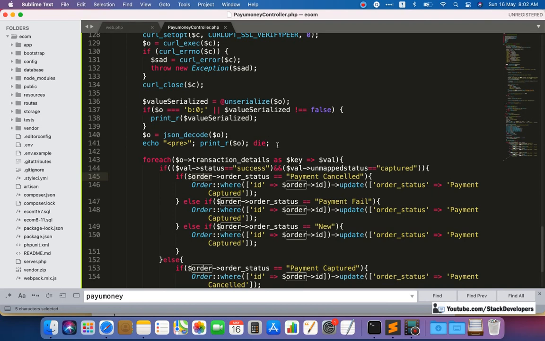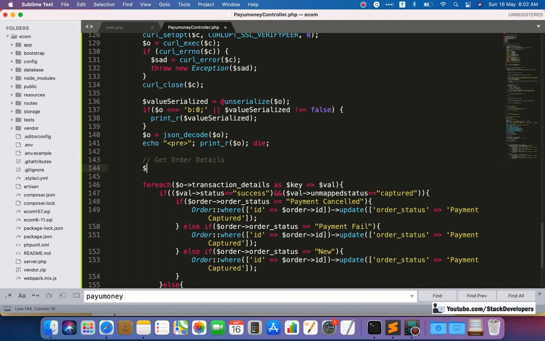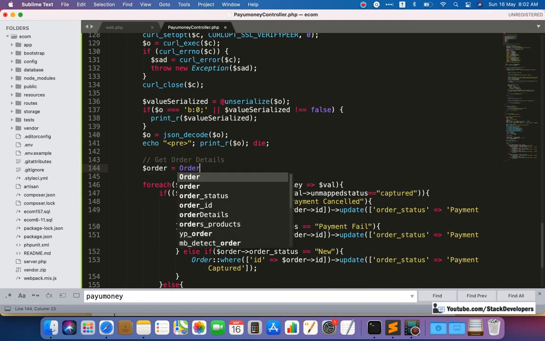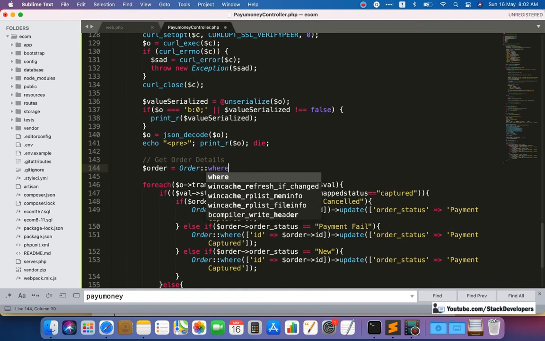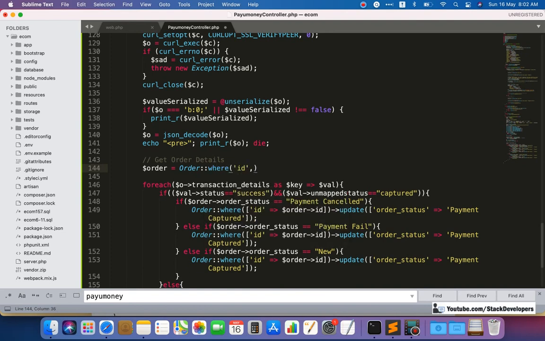Okay, we can do one thing. We can here check like this, get order details. Okay, so here we are going to check like dollar order equal to order where ID dollar ID first.